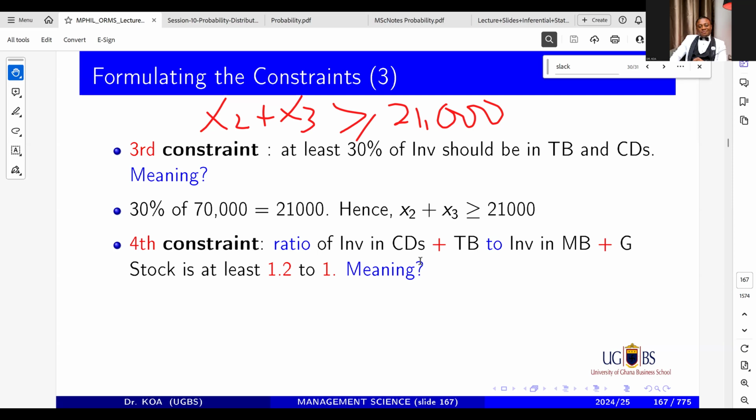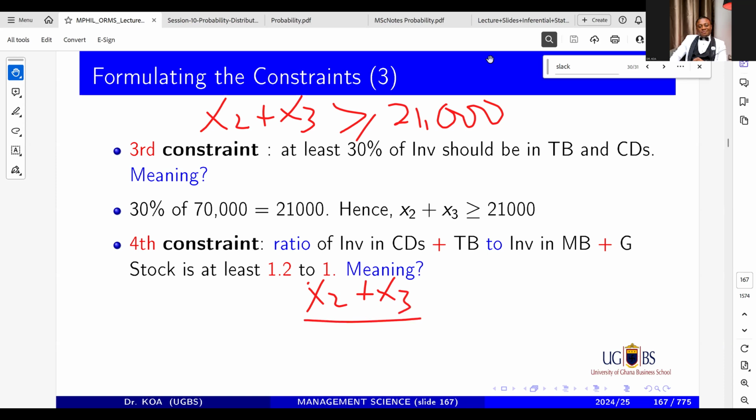Okay. So how do you write that? You have certificate of deposit, which is X3. You have treasury bills, which is X2. So we are going to have the first ratio to be like this. The first ratio should be equal to X2 plus X1, X3,